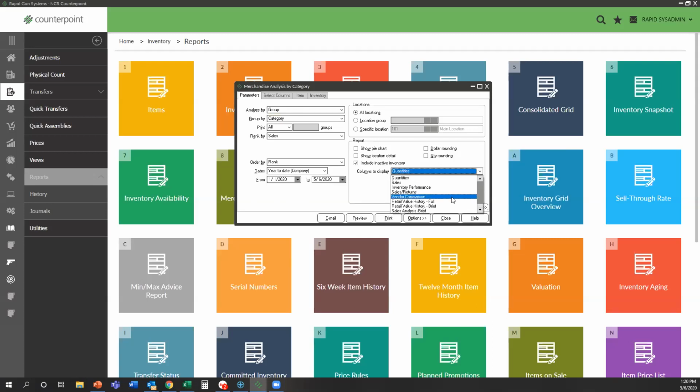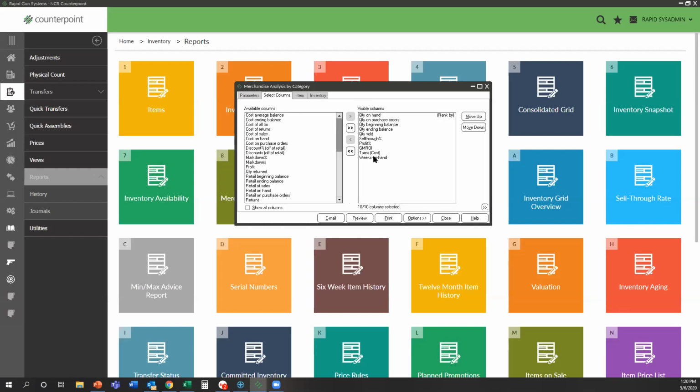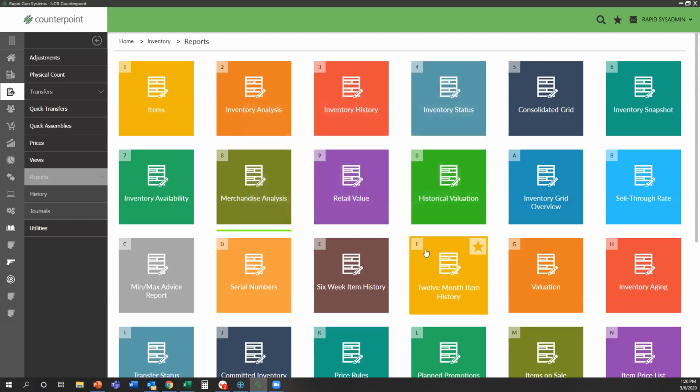And once again, I'll remind you exactly what Sean did. We really like to say, start out with inventory performance. That defaults these columns to some that are pretty good, and then you can eliminate those that you don't really need. So look, there's weeks on hand. That's the one that we're after. We can go through here and say, okay, some of these other things aren't important to us, so let's get them off the screen so that we can focus on exactly what we want to look at. So with that as the setup,